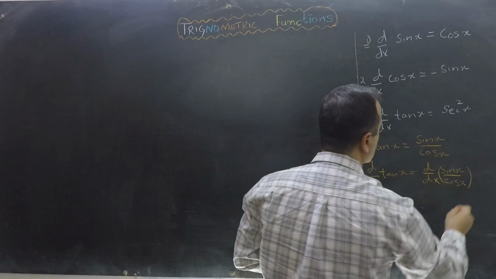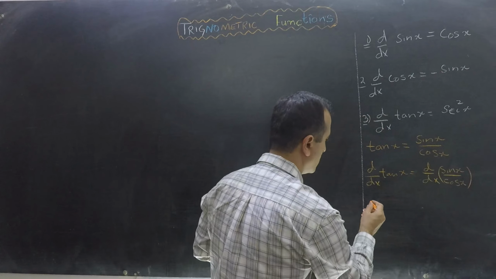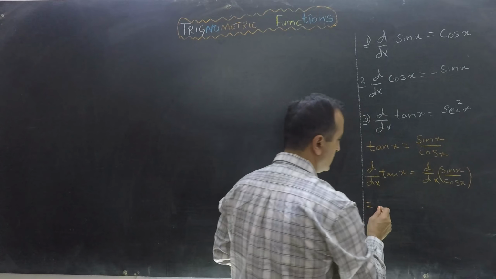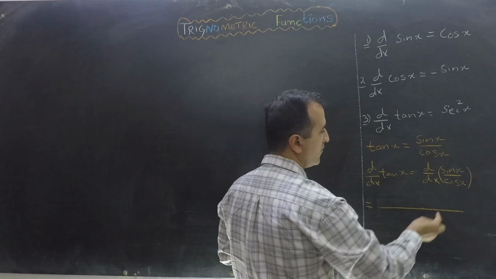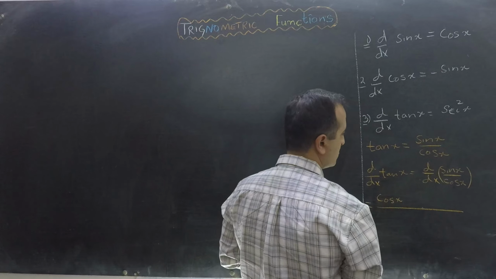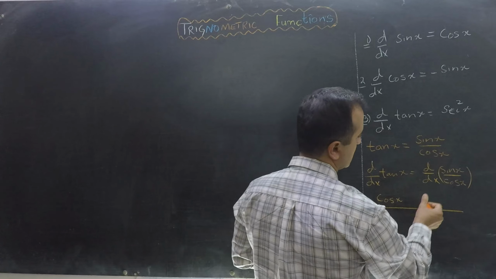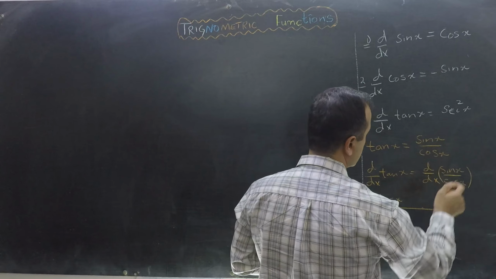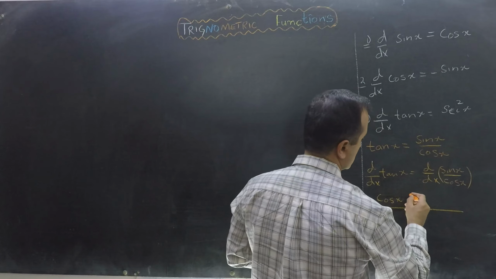And now we apply our quotient rule. According to quotient rule, we first keep our denominator as it is and then multiply it with the derivative of numerator, which is cos x,